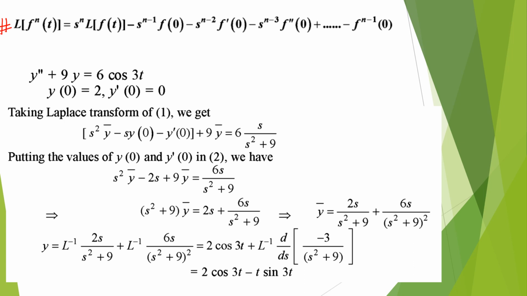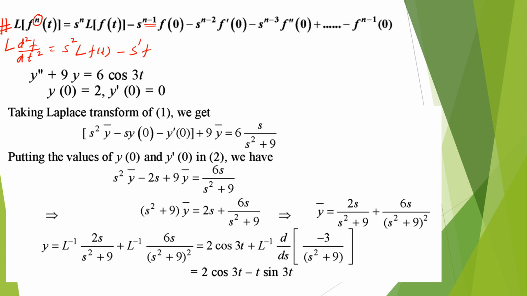This is the Laplace for the derivative. This n is representing the derivative order of f(t). Like if we are finding the Laplace of d square f over dt square, then according to this formula the value of n is 2, so it will be equal to s square Laplace of f(t) minus s to the power n minus 1, that means 2 minus 1, 1,